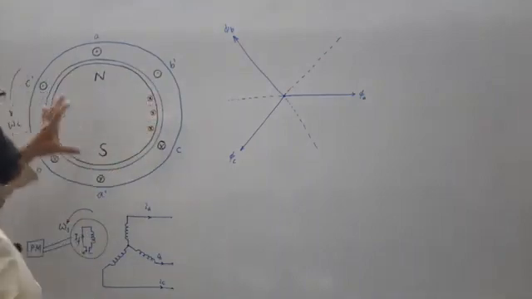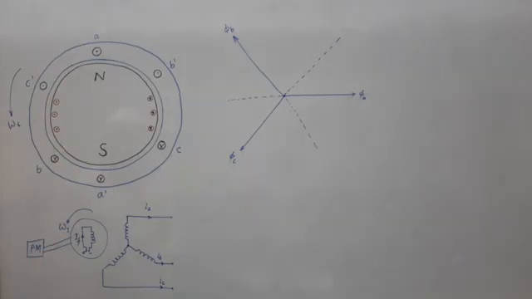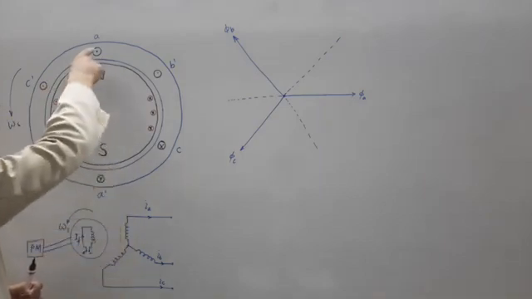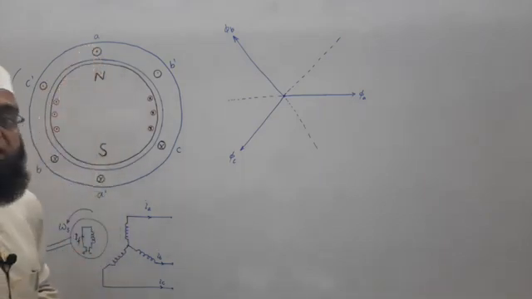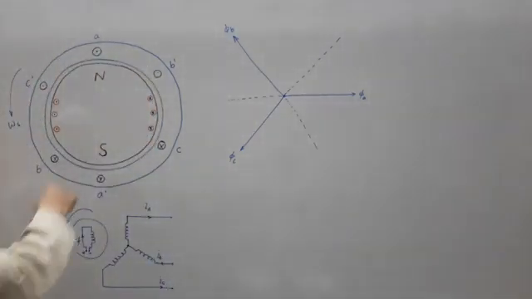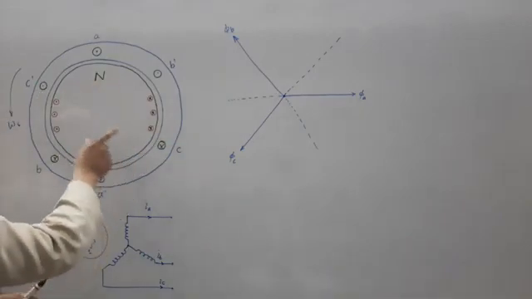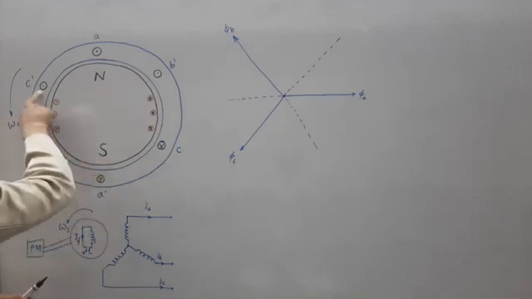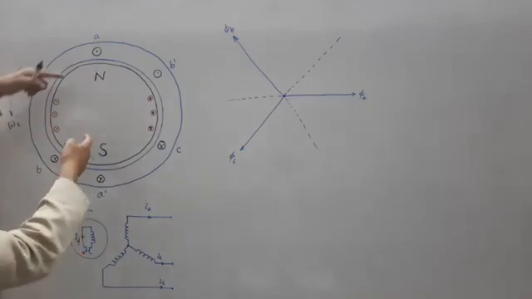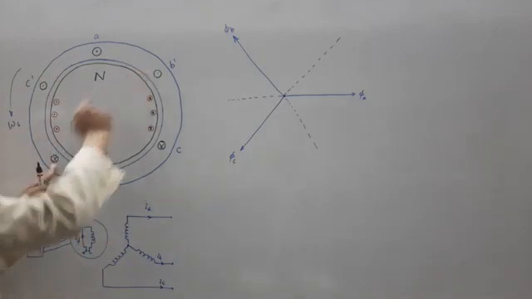As we discussed, let us take the example of any phase. Let us say phase 1, phase A. At this moment, when the alignment of the rotor is like this, the instantaneous value of EMF induced in this phase is maximum, as discussed earlier, right? Once it reaches this position, the instantaneous value of EMF induced in this phase will be maximum, but not in this phase, lesser than maximum, right. Again it will reach this position, at that time the magnitude of EMF in this phase will be maximum,